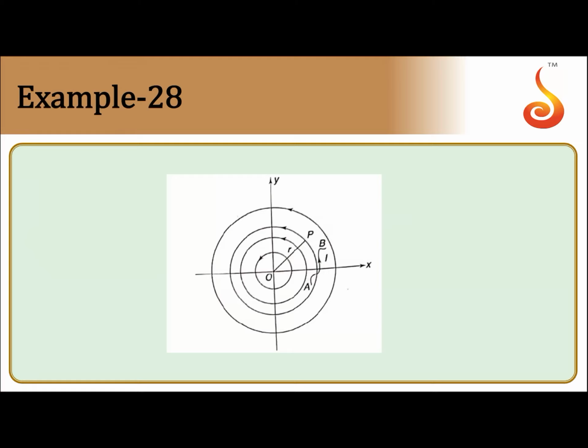And field will be tangential to the field lines that can be resolved into components. So let us show it in the diagram like this. This is some point P,